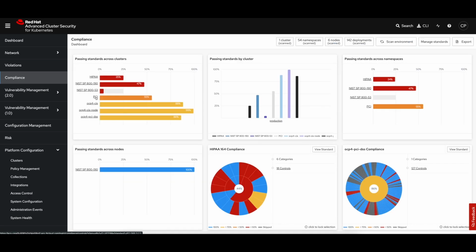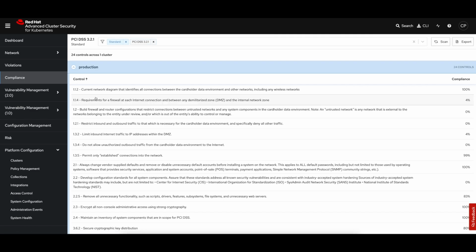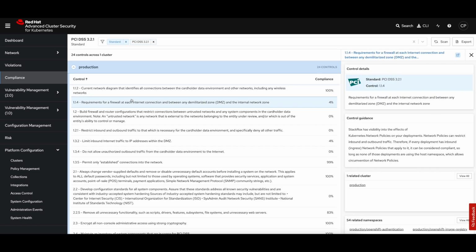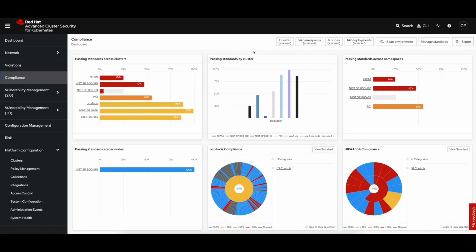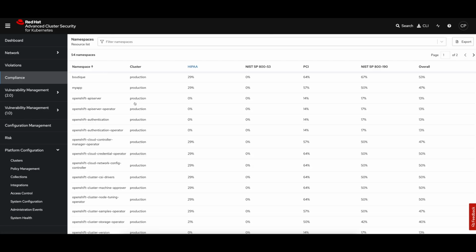The other configuration standards here reflect more workload compliance. I can drill down and certainly look at something like PCI compliance, for example. PCI is focused on isolation of cardholder data, appropriate protections and authentication for cardholder data. And you can see here that we're measuring the status of network policies on deployments. So this is focused on workloads. For that reason, this overview is, I think, less compelling than looking at, let's say, a per namespace or per